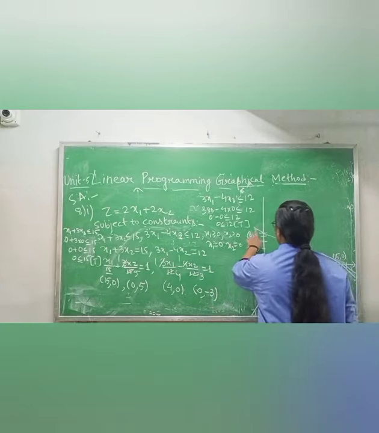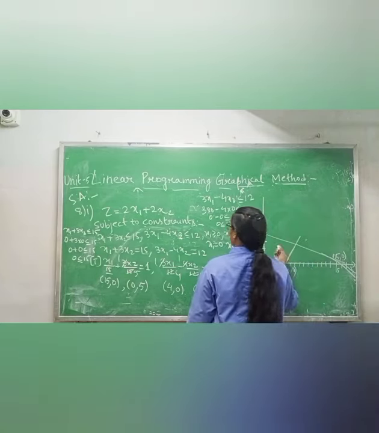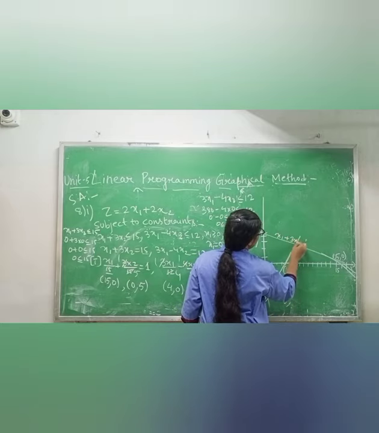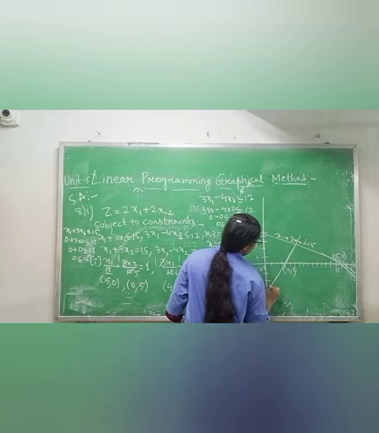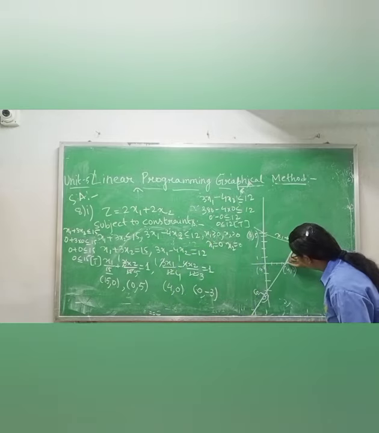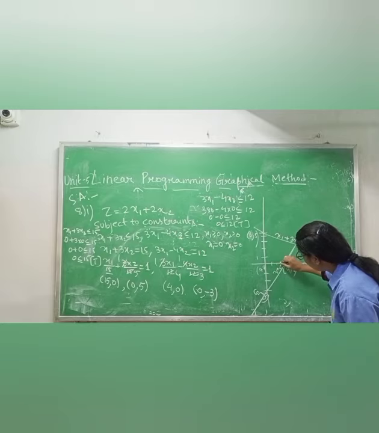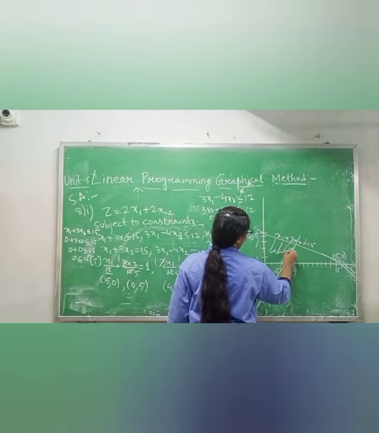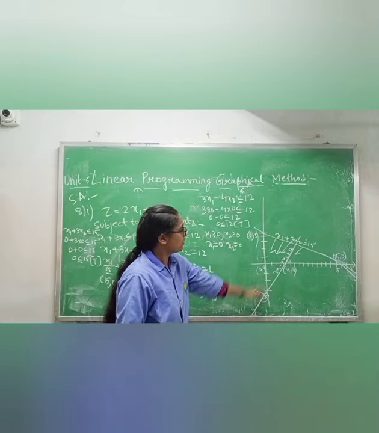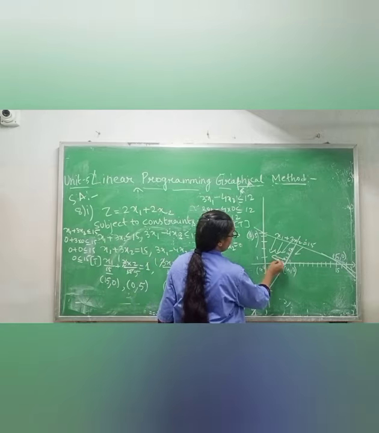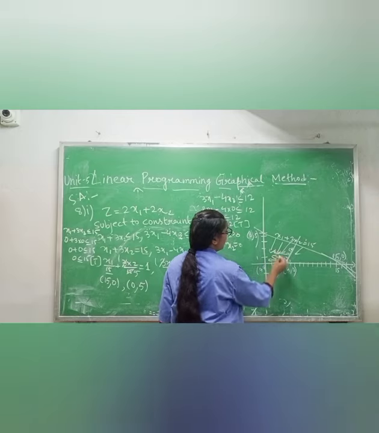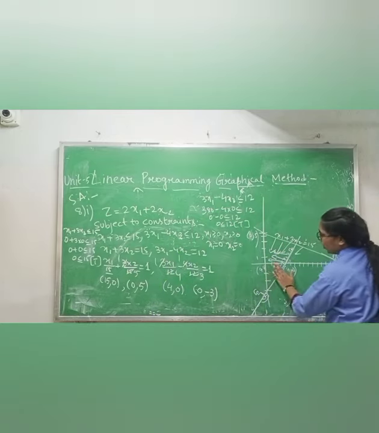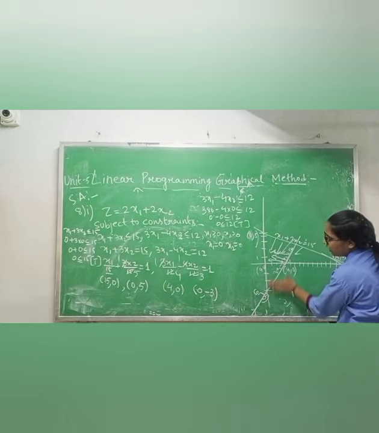Okay. So for the first line, I am writing the equation. It will be easier for me also. 3x2 equals 15. And for this line, what is the equation? 3x1 minus 4x2 equals 12. Now for this equation it is coming true, it means it will go towards the origin. And for this line it is also true. Of course this one will also go towards the origin, but we will not be able to take this part because it is coming in the negative portion of x2.